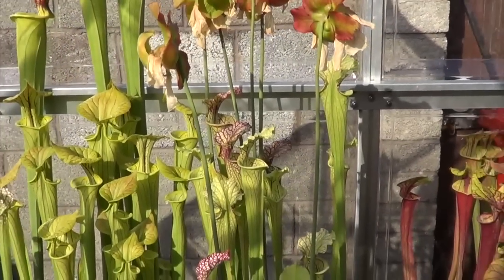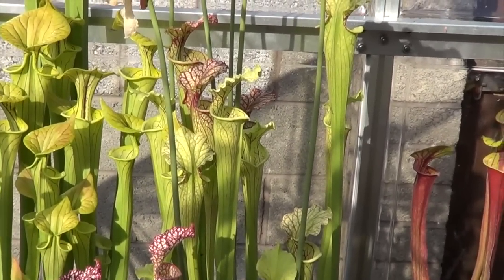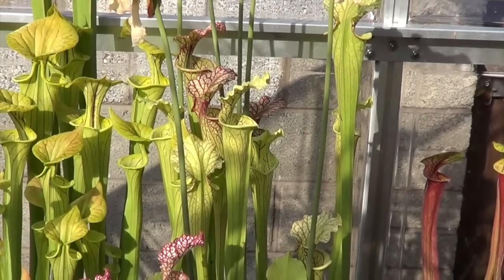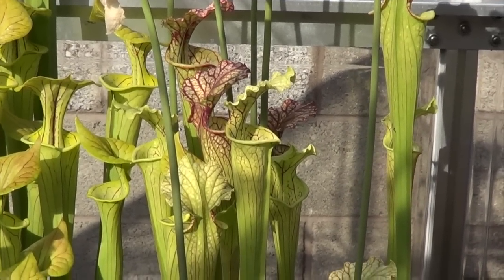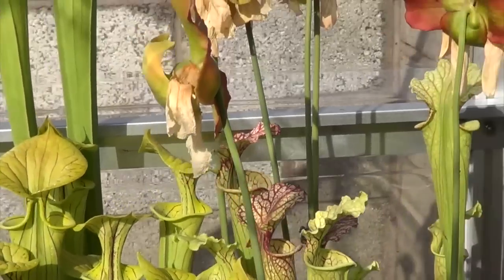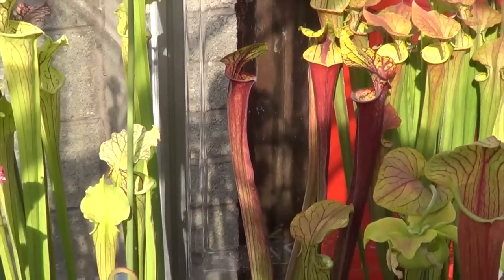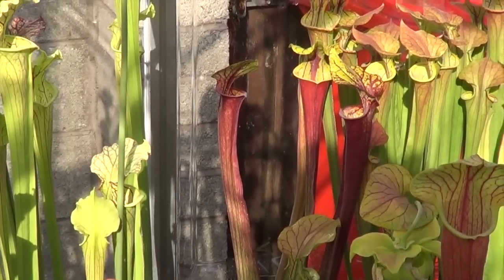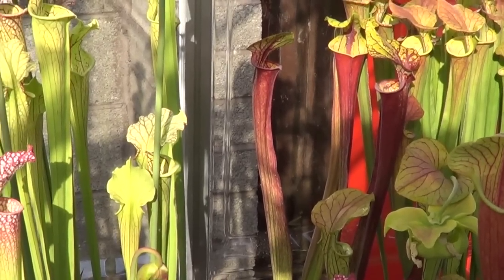Here we have some Moorei, the Marston clone in the front and the Hampshire Carnivores in the back. I actually prefer Matthew Soper's one from Hampshire for colour. Then we have a red tube flava rubricorpora from Sumatra, North Florida,